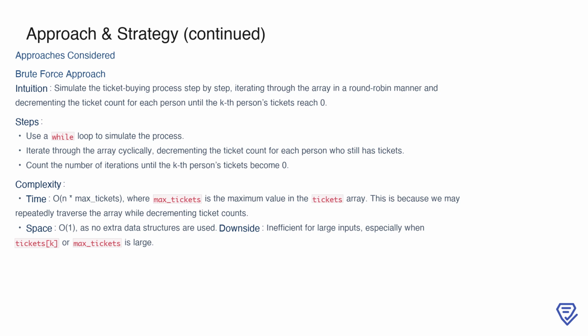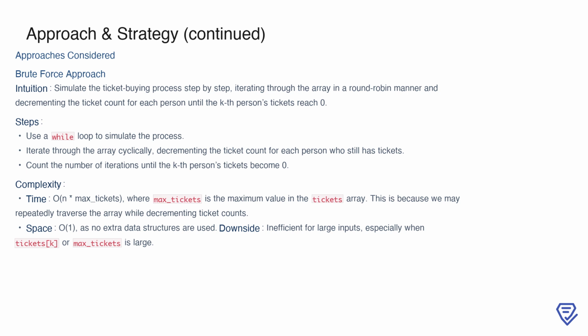Using a while loop, we repeat this process until the kth person's ticket count reaches 0, keeping track of the total number of iterations along the way. This approach ensures we capture every step of the process as it unfolds. However, the main drawback lies in its inefficiency. The time complexity is